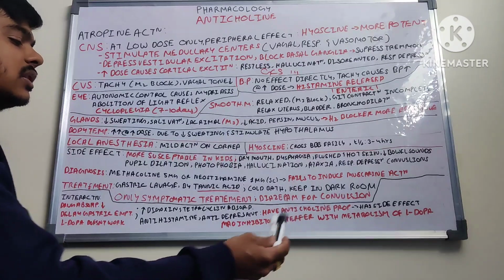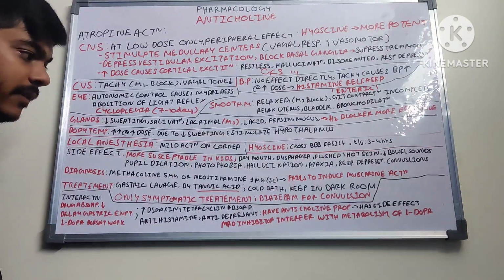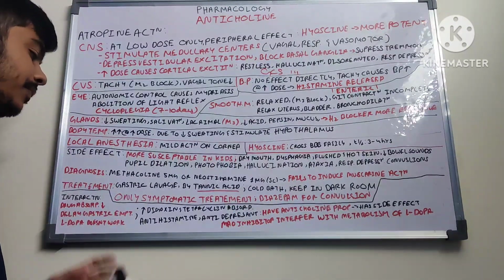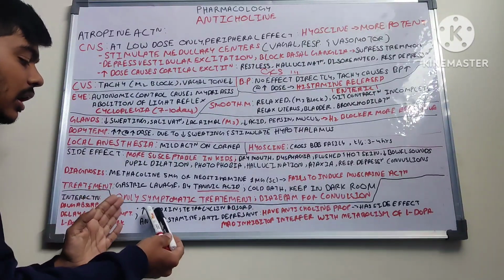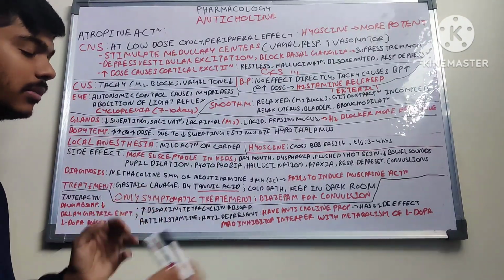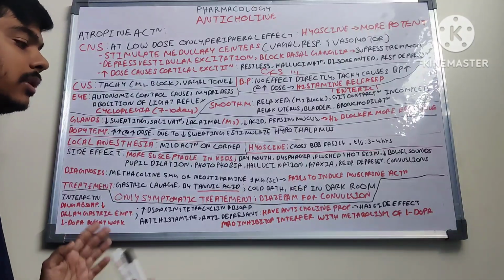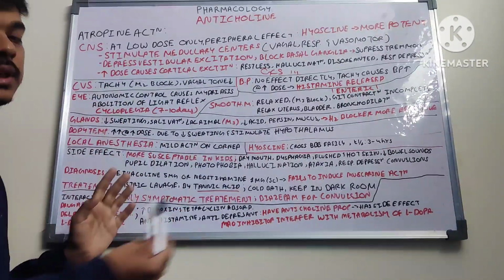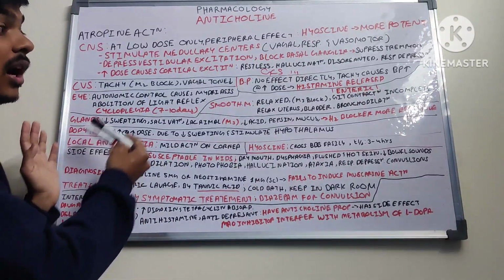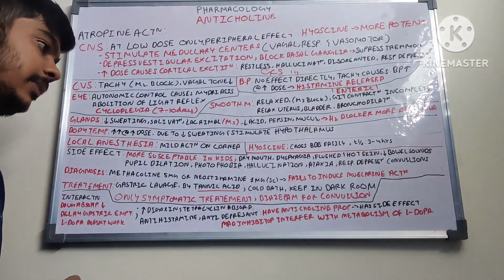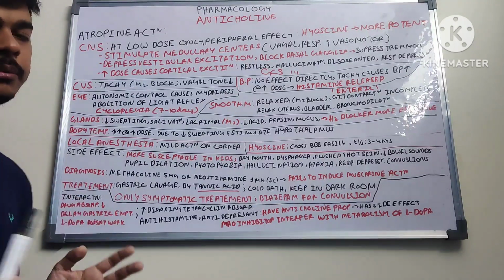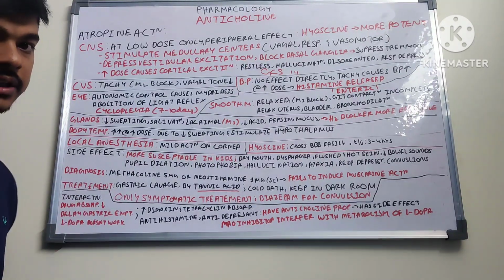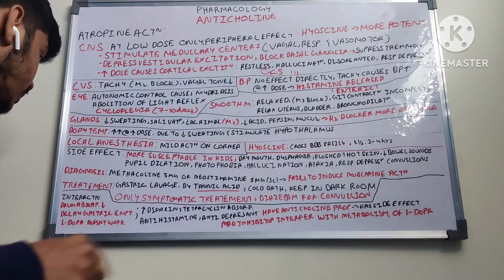So if a patient is consuming MAO inhibitors, then we cannot use drugs like antihistaminic drugs or cardiac glycosides or antibiotics, right? Because they also have anticholinergic property, and even atropine has an anticholinergic property. So you can understand how difficult the situation gets for the patient, right? So for the treatment, what are we doing? We're providing the patient with gastric lavage, and yes, the important part over here is